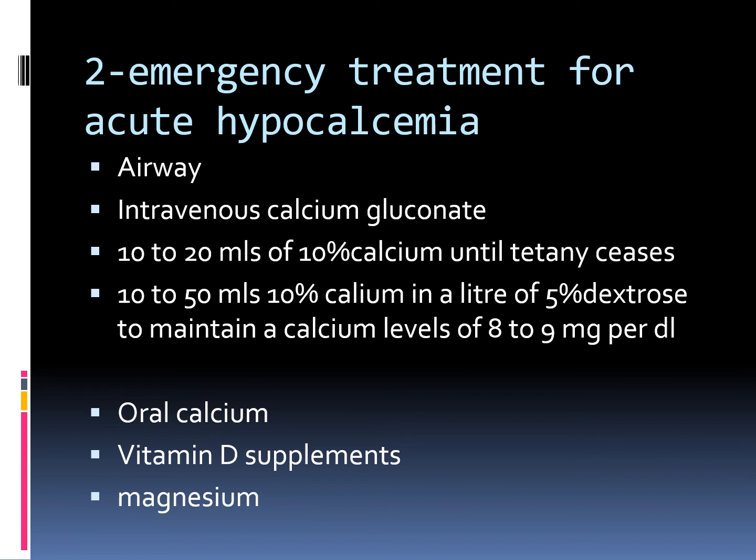per deciliter. Oral calcium salt should be given orally as soon as possible to supply 1 to 2 gram of calcium daily. The usual dosage is 1 to 3 gram calcium orally daily and should be given with meals or before meals. The therapy should be started with vitamin D preparation as soon as oral calcium is begun. The active metabolite of vitamin D, calcitriol, has a very rapid onset of action. If hypomagnesemia is present, it must be corrected to treat the resulting hypocalcemia.